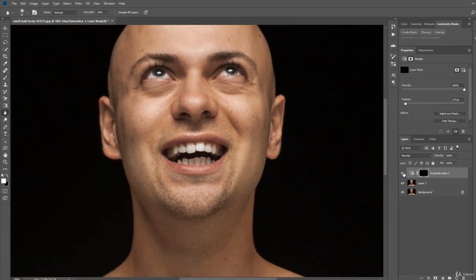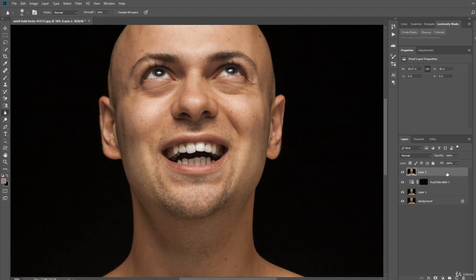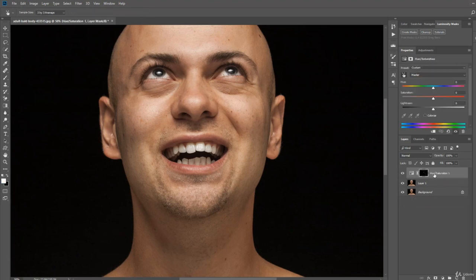So now when we are done with this one, you can either make a layer which is a composition of all those below by merging them, by pressing Ctrl Alt Shift and E on the keyboard. So this one is an image that has the hue saturation effect inside,